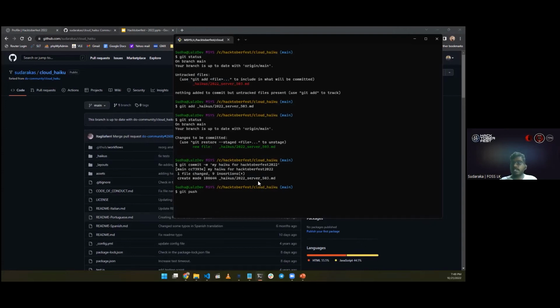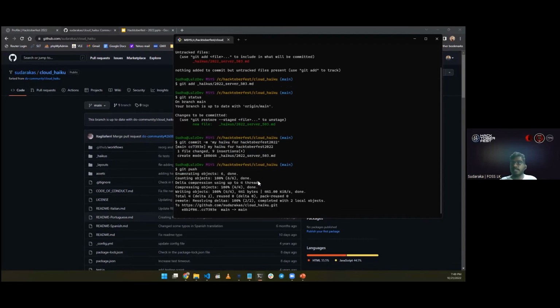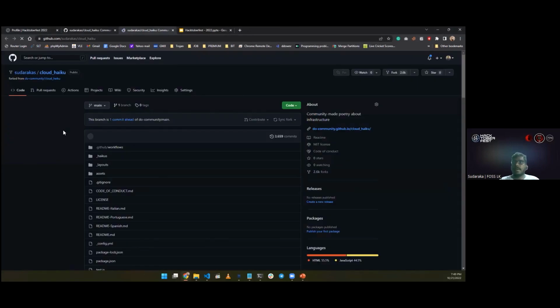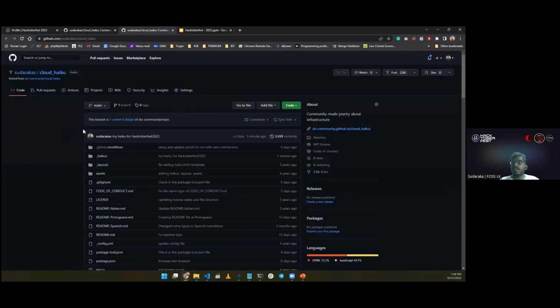So this will push the changes to the remote branch, so your personal space. You can see my changes have been sent to this repository. It means that on GitHub, my username and my repository. You can click here to go to the repository. Okay, so now your changes are available in your personal space repository. You can see with my name, my changes have been added here.